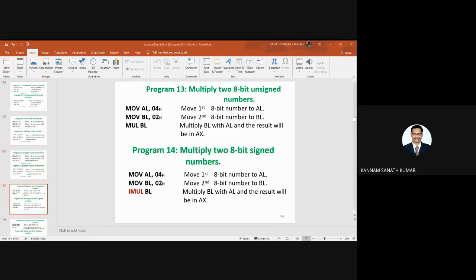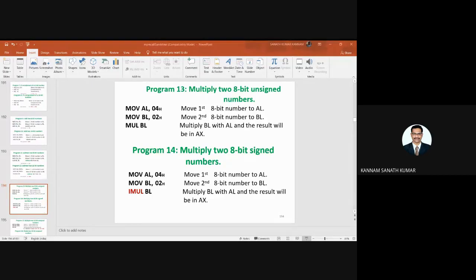That means you have not indicated AL. By default, it will multiply AL with BL. When you are multiplying two 8-bit numbers, the result can be 16-bit. So by default, the result will be stored in which register? AX, the 16-bit register.